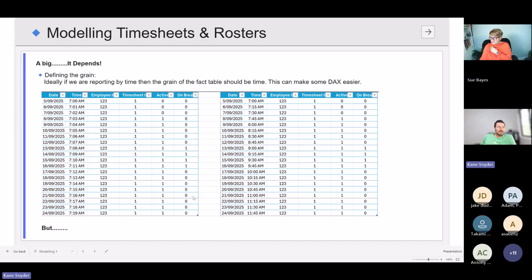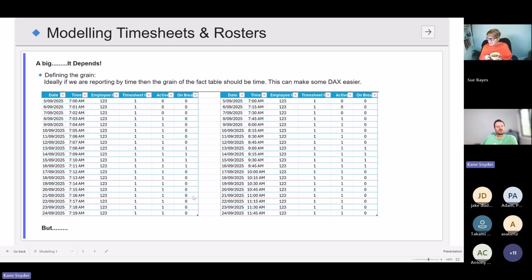So the first step that I talk about is modeling, and it's a big depends. There's a certain type of modeling for timesheets that I'm going to cover here, a certain scenario, but there are different ways you could approach it. The first step in building any kind of data model is to define the grain of the fact table or the data model. There are questions you need to ask: what level of detail is the time stored at? What's it recorded at? What level of detail does it need to be reported on?